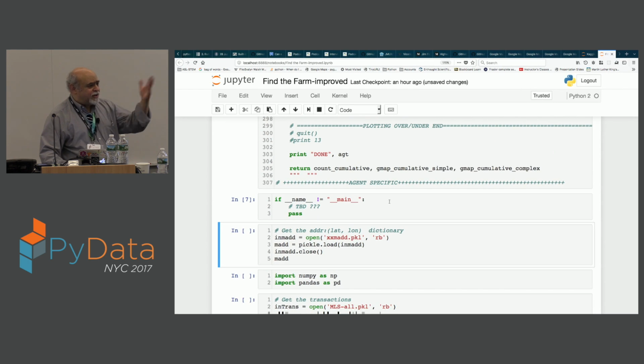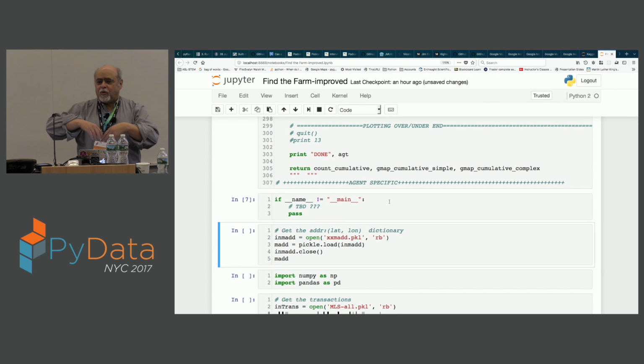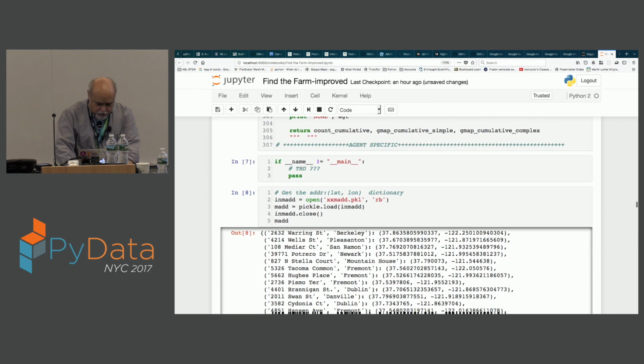So I'm going to go get the data. So I drew down all this MLS data at one point, and I massaged it, I pickled it. So pickling, or JSON, right? It's pretty much equivalent. Just use pickle in this case. And we're going to grab,